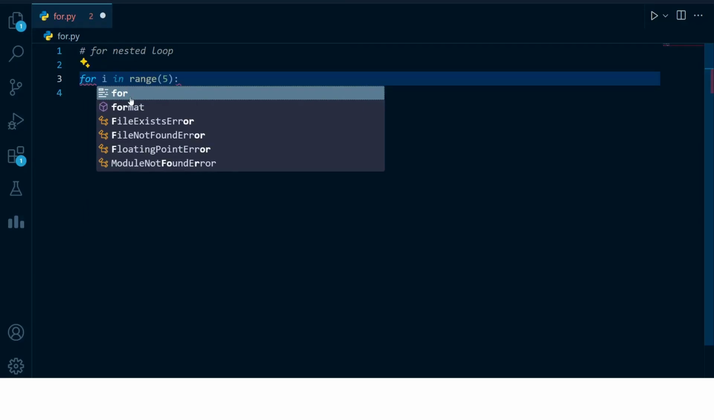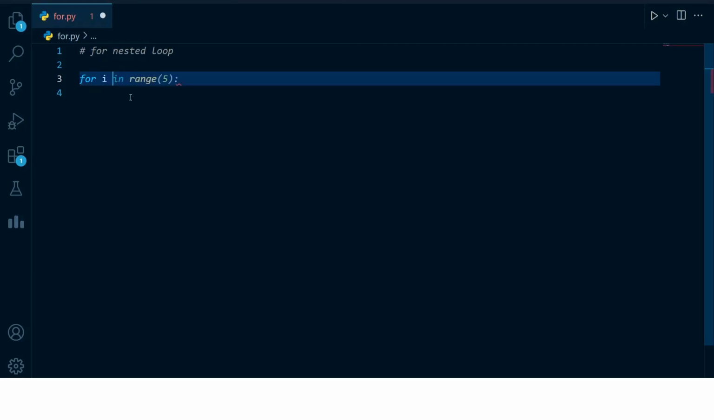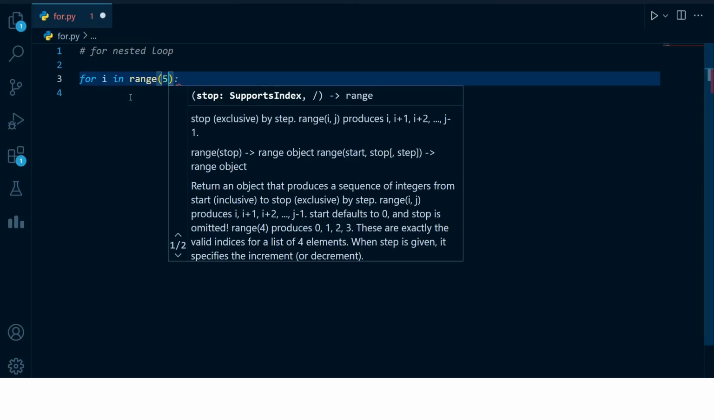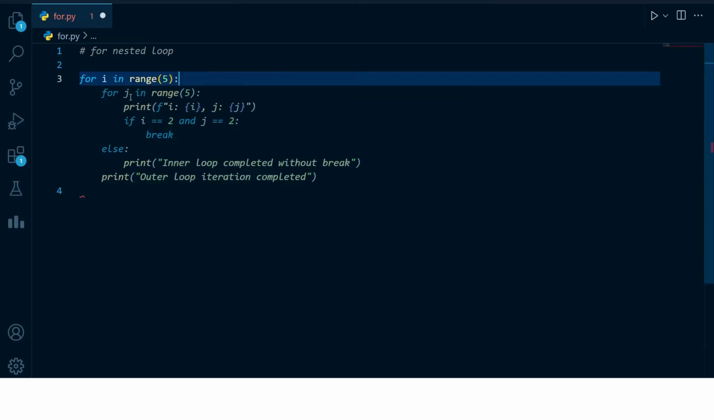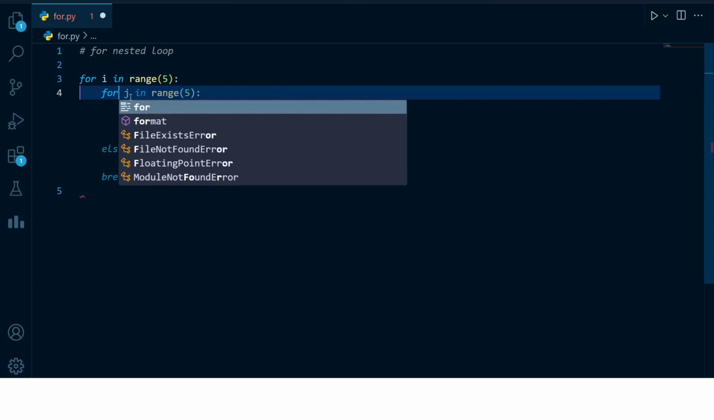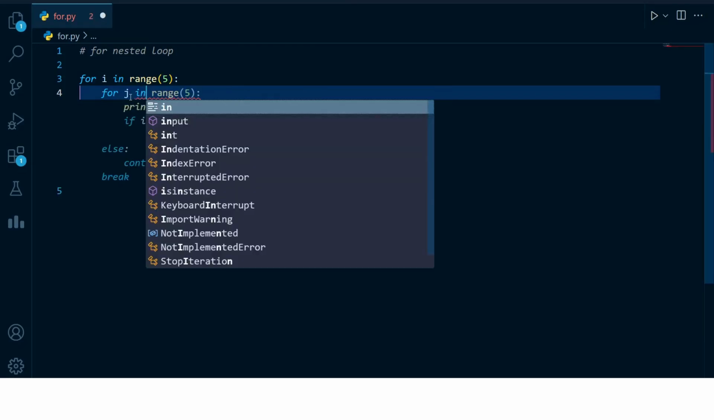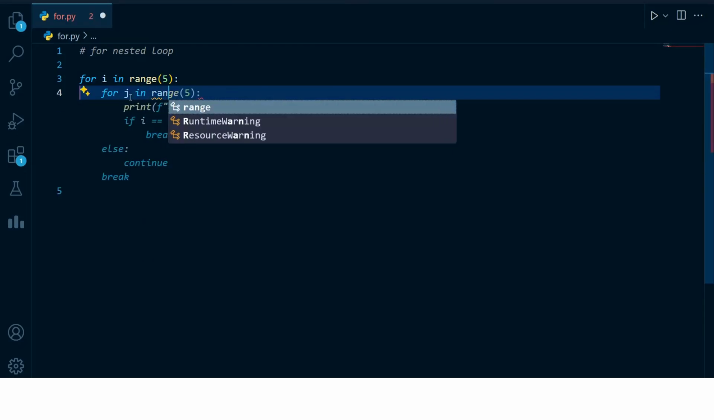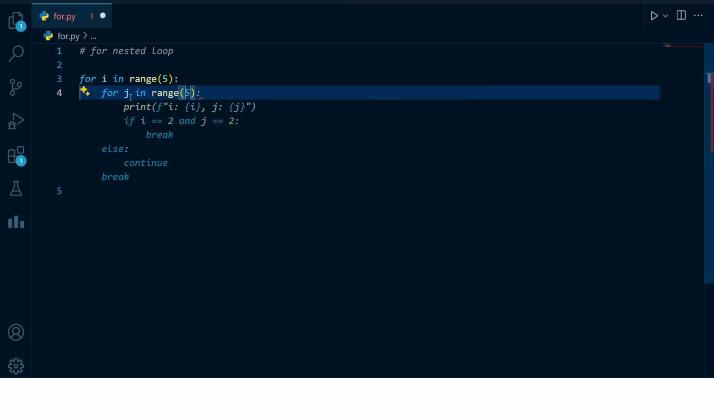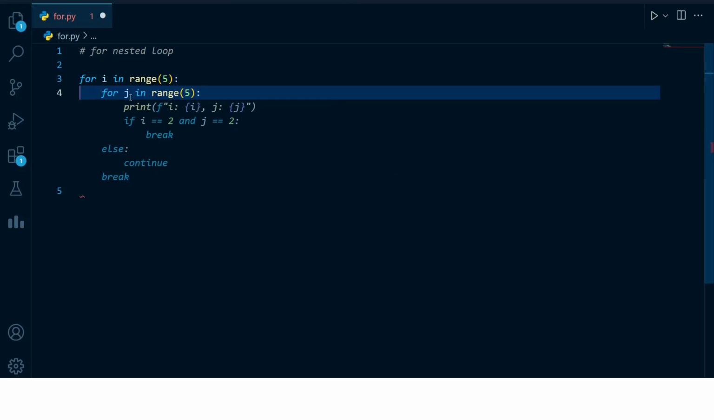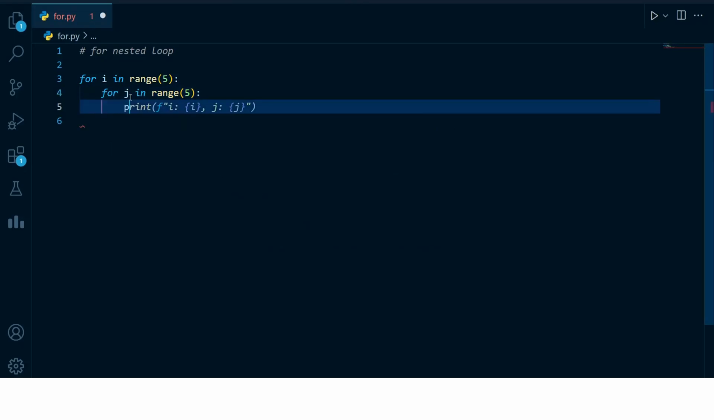First, we write for, then take a variable i, then write in, then range will be 5. Then we take another loop and take a variable whose name is j, then in this range, let's take it again 5. Yes, that's okay. And we print value